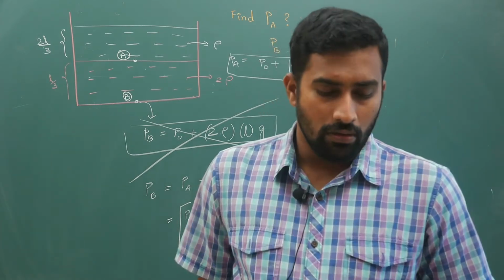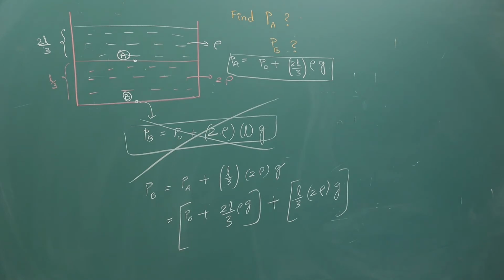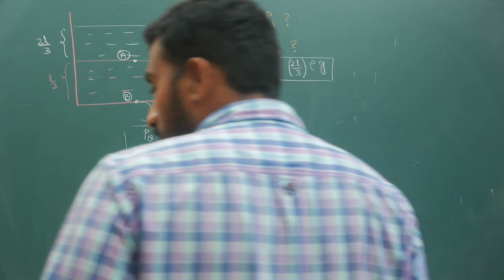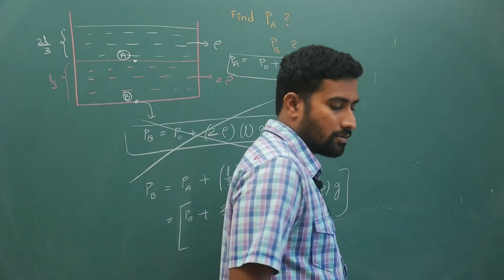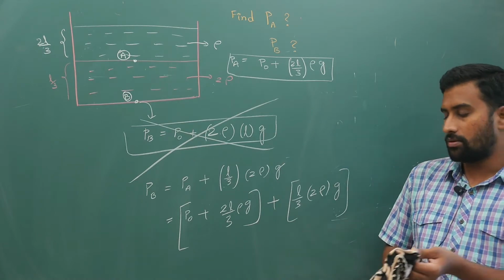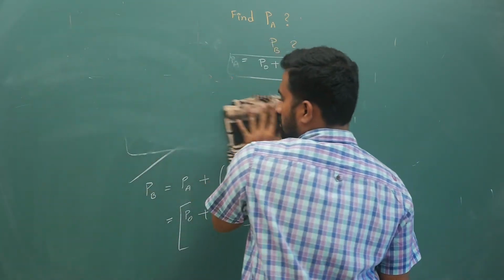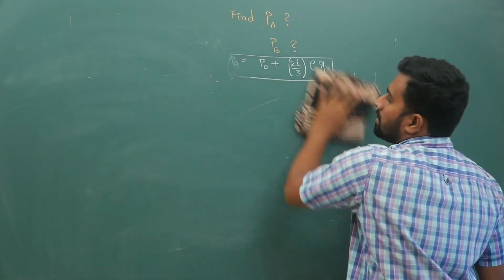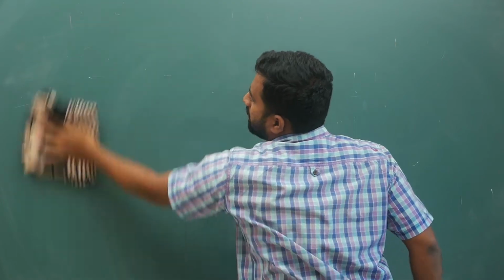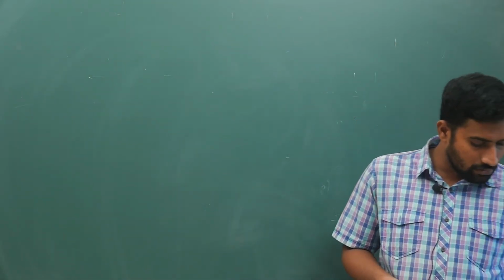Hope you have understood this and there are no doubts. Do not write the pressure value directly. This is my first idea: when there are different liquids, you are supposed to do it this way. Next, if there are 3 liquids, same logic. You have to follow the same logic and then give the answer. These things you will anyhow know.